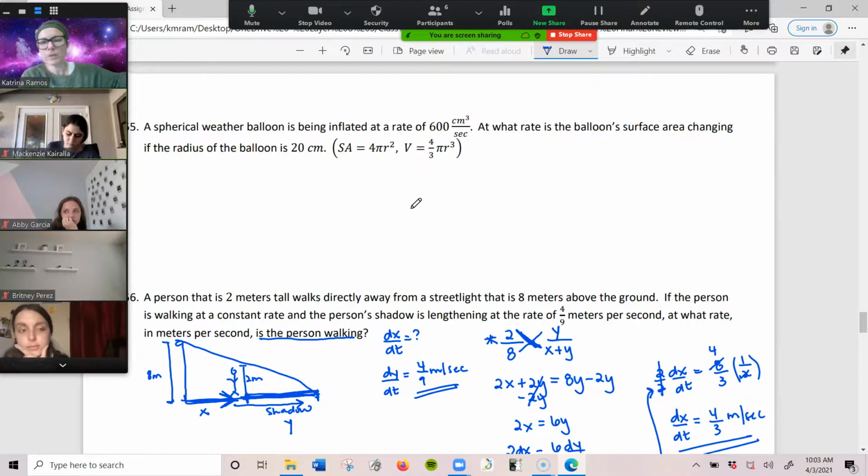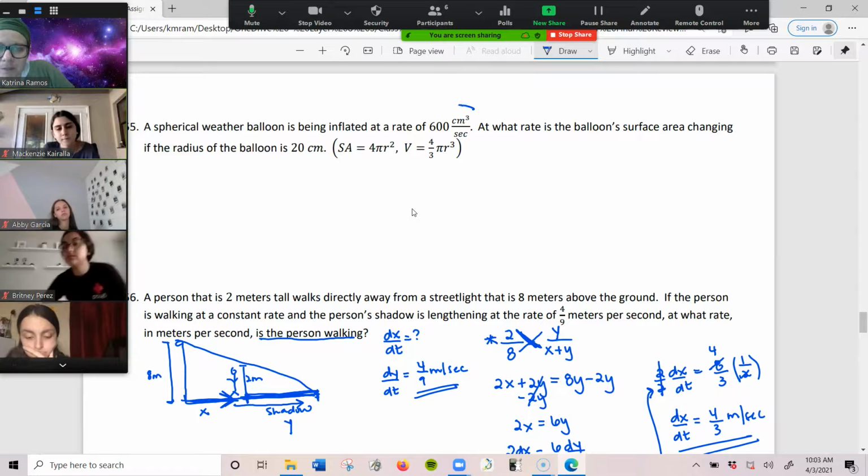Okay, a spherical weather balloon is being inflated at a rate of 600 cubic centimeters per second. At what rate is the balloon's surface area changing if the radius of the balloon is 20 centimeters? Okay, so here what we're given,